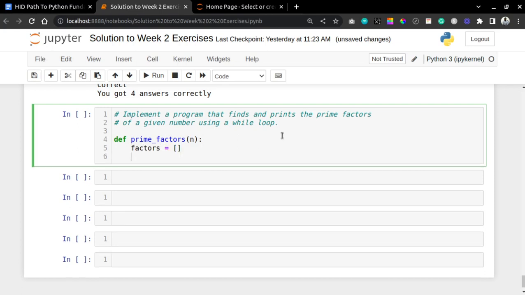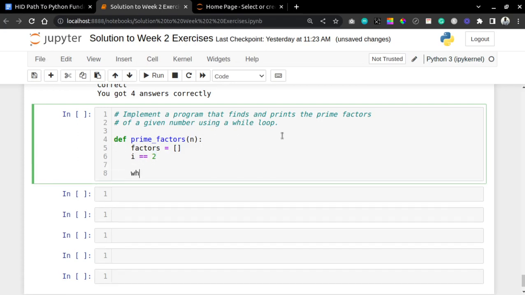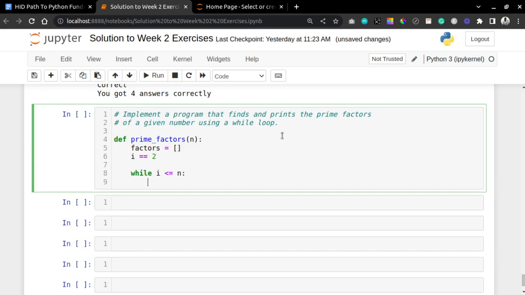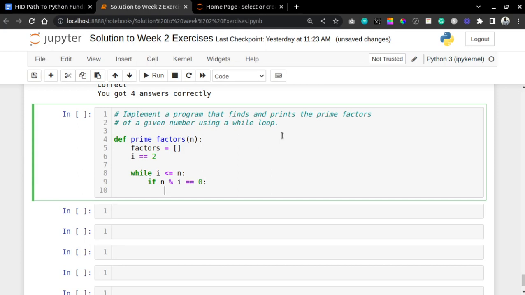So I can say I equal to 2. Now, while I is less than or equal to n, if n modulus I equal to 0, then factors dot append I